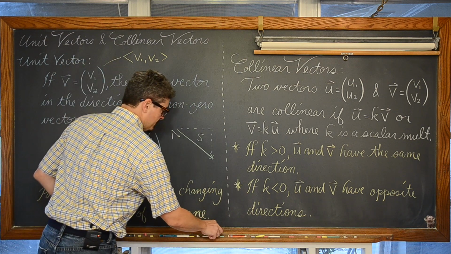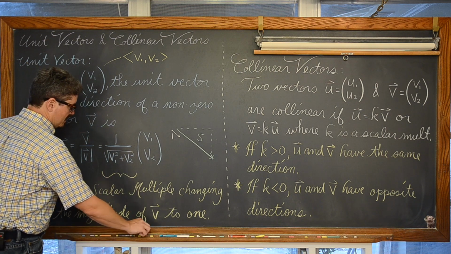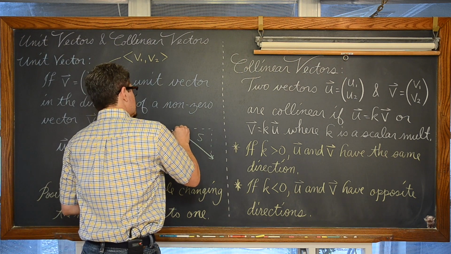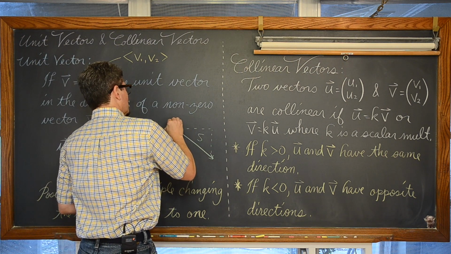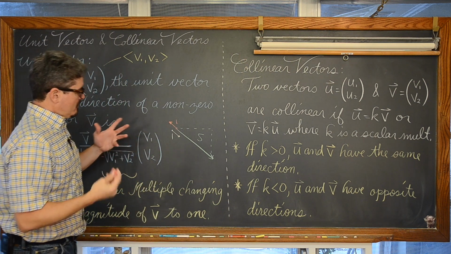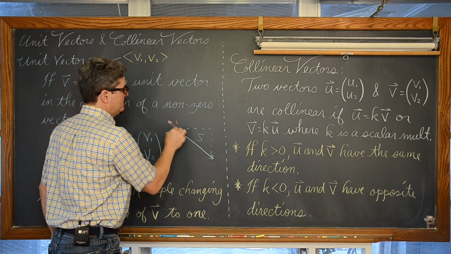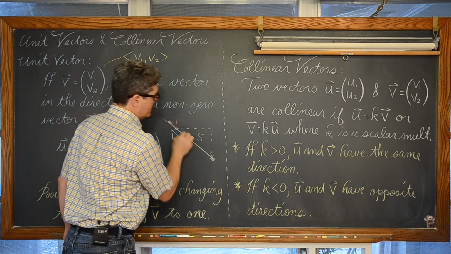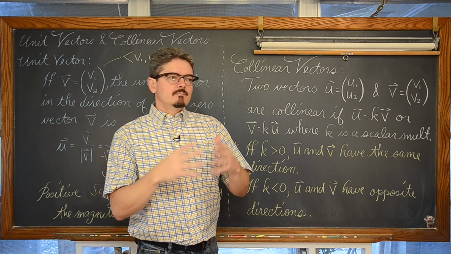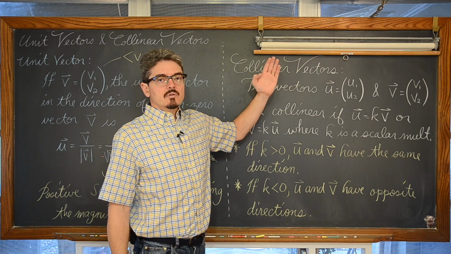This isn't the formula, but if I come through here and I say, well, let's make this scalar multiple negative instead of positive, you're going to get a vector that's not going in the same direction, but going in the opposite direction that has a magnitude of 1. So remembering that vectors are directed line segments, you would have 1, 2, and 3 points that are all falling within the same line. So collinear, it's like vectors that go in the same direction are kind of like a special case of collinear vectors.